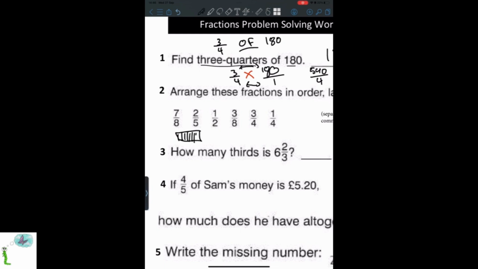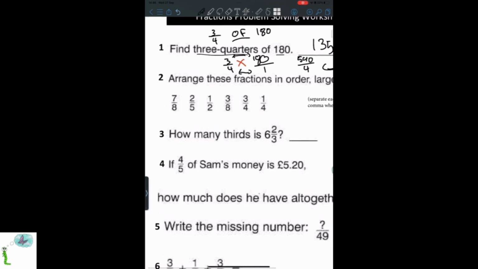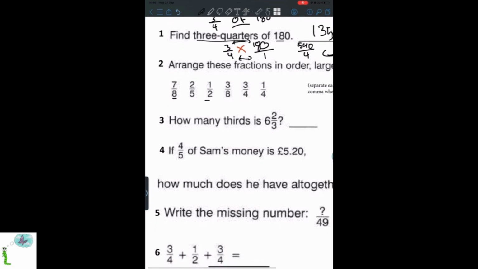If you split this into 8 pieces and you colour in 7 out of the 8, compared to splitting it into 2 and you colour in half, if they're the same size, this one will be bigger. But how you can just view it in a way that's a lot easier to understand is you make them all have the same denominator, right? So if we make half have the same denominator as this, so if we make half have 8 at the bottom,